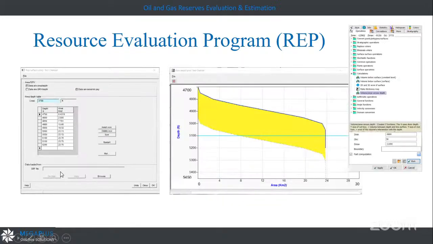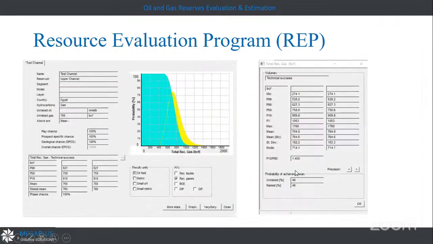And then, of course, I have to get the area versus depth. It could come from Petrel or any other software, from the seismic interpretation and depth map. You can multiply all of that and it will give me the maximum, the mean, and the percentiles. For example, the P10 is 990. The P50, the cumulative, meaning the reserves could be this number or more, or less, sorry, is 758. And the P90 will be 627. So this is how the probabilistic method is done.